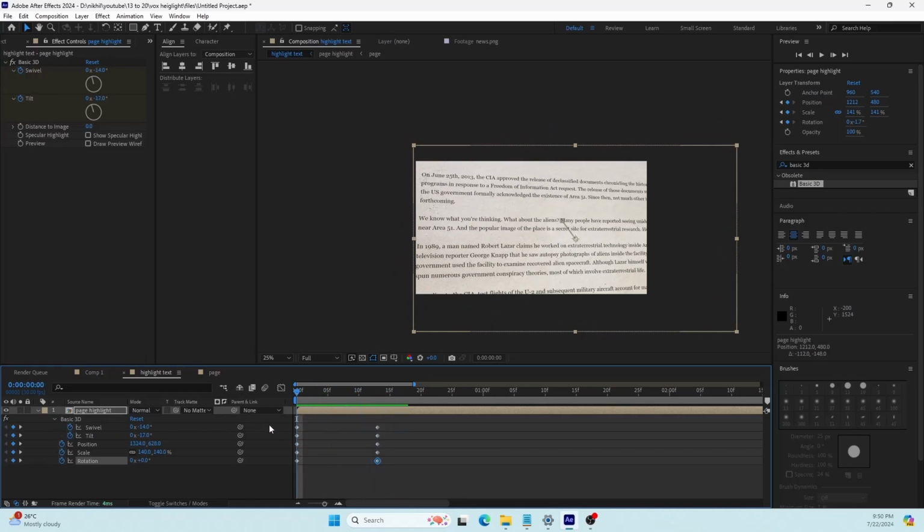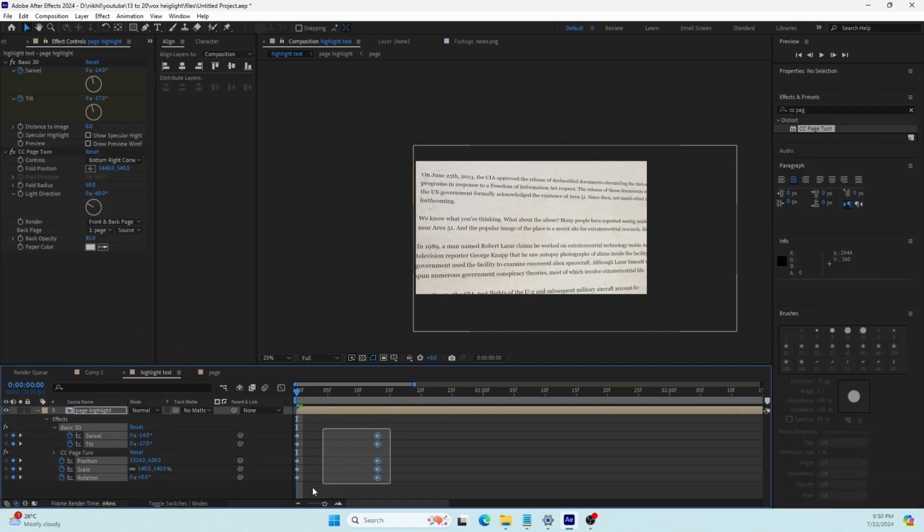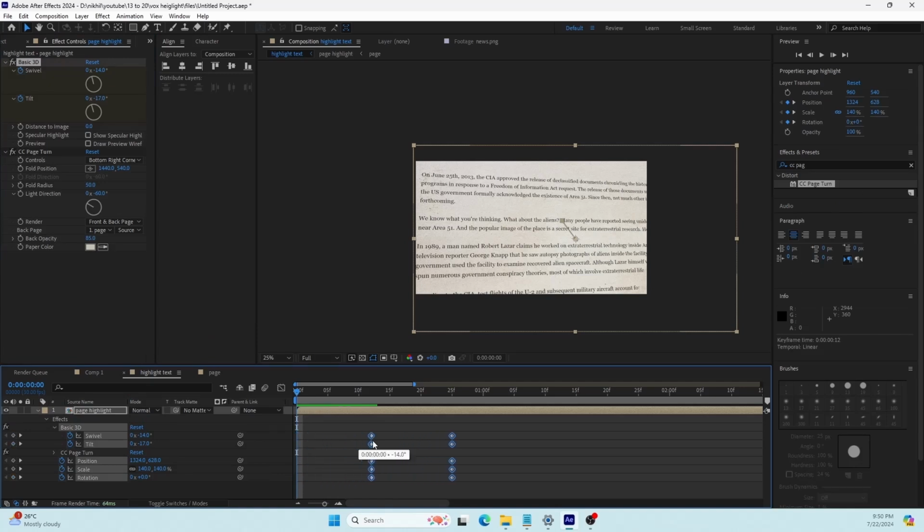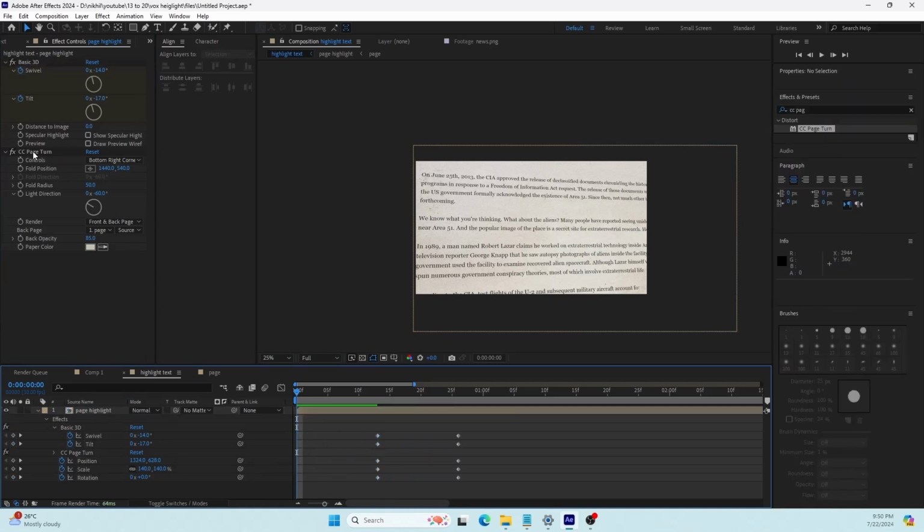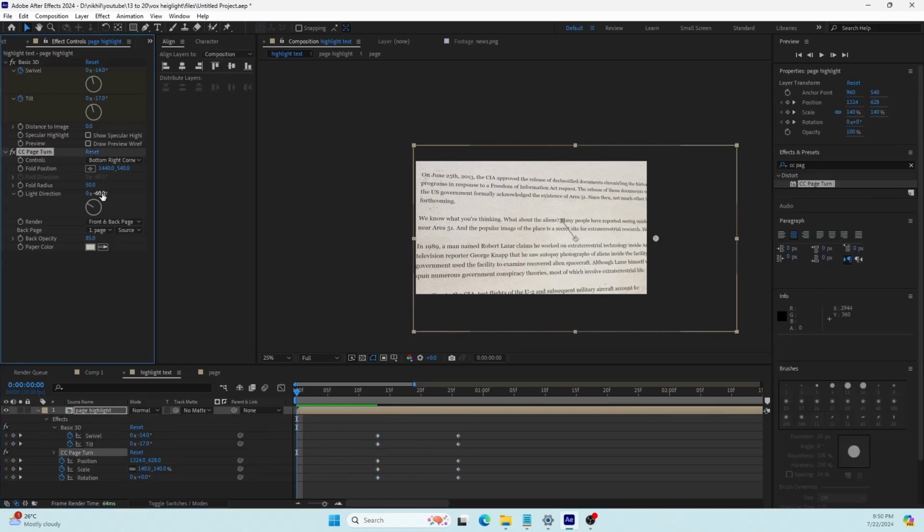And one more effect that we have to apply on this is the CC page turn. So now we have applied this. Now just move this a little bit further, around 12 minutes, and apply this. Now you can see it adds a slide and we can just make this as a page, right? So on the starting, it is fine. So just click on the fold position and move to 12 frames